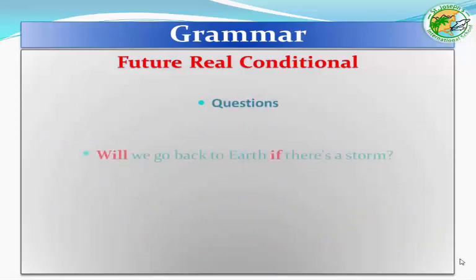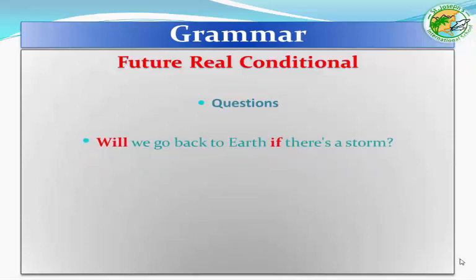For questions, we will put will in the beginning. We will say, will we go back to Earth if there is a storm? Okay, so this is the question. Will, yes or no question. So I can answer with yes, we will, or no, we won't. Again, I started with the main clause and I made a yes or no question with it. So I started with will we go back to Earth if there is a storm? He answered me, yeah, we will. No, we won't. Okay,